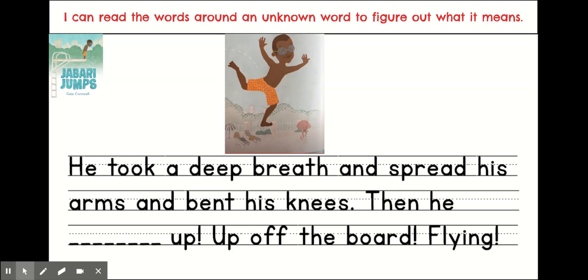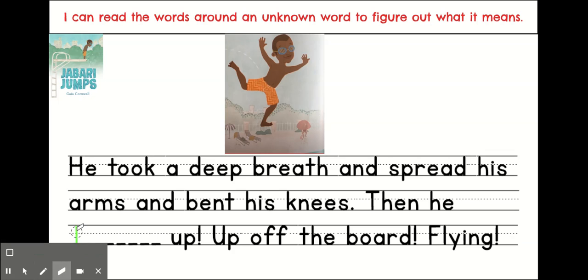He sprang up off the board, flying. Based on the words around the word sprang, and based off of knowing that sprang is a verb, I'm picturing him jumping. So I can revise this sentence to say,